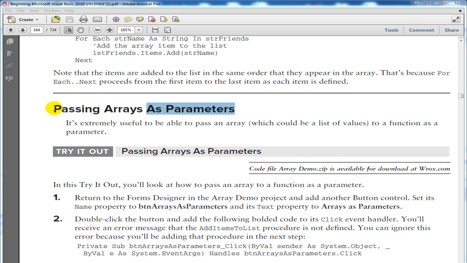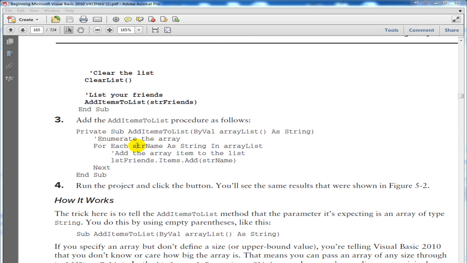Okay, let's continue. Passing arrays as parameters. In this example we're going to create a function, or a method rather, here. Private sub, it's going to be called this, and you can see the name right there. We put this in the beginning to begin the definition, and then we say that this method is going to take an argument, but the argument is